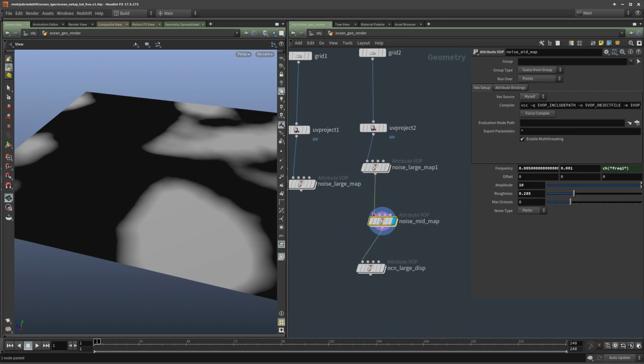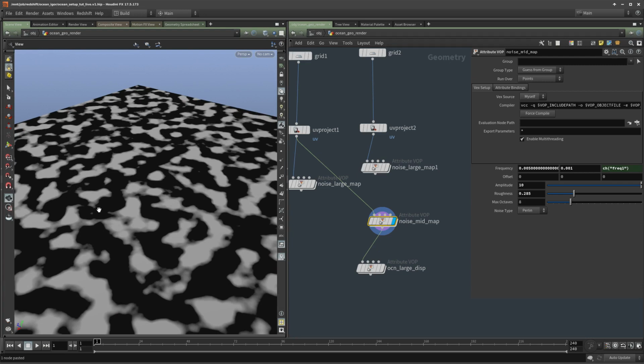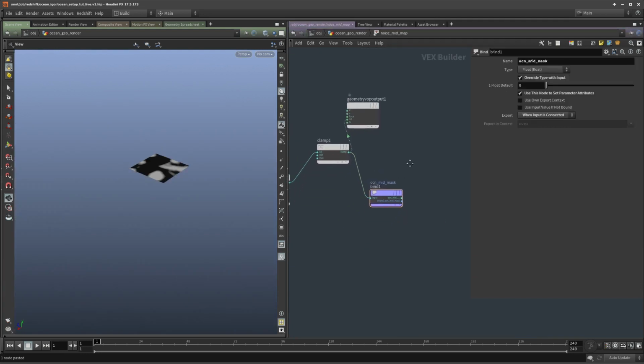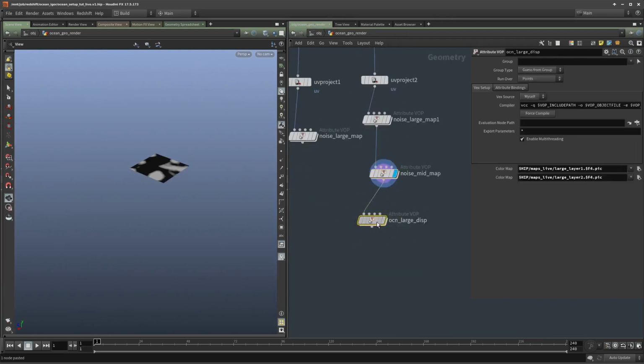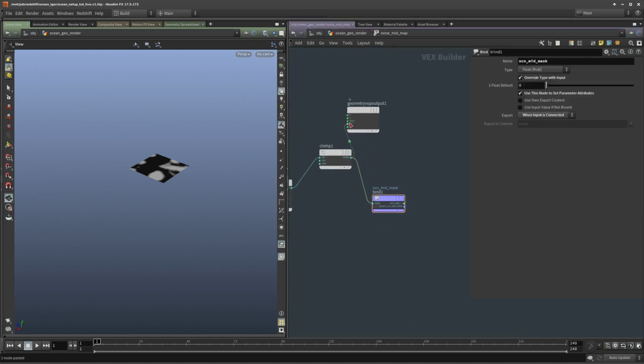So this is on a small grid. We can preview it on a large grid, and you can see a lot more. There is a lot more variation, and this is going to work pretty well for the mid-sized map. Okay, so for the displacement, we have ocean large. It's working, and let's turn off the color,